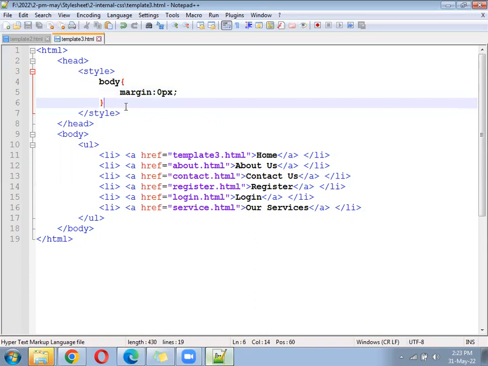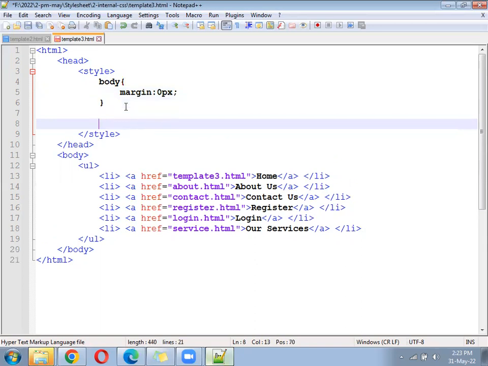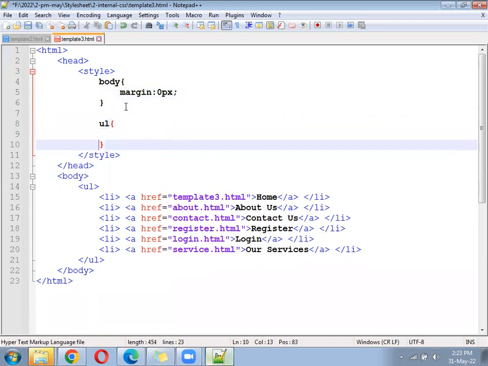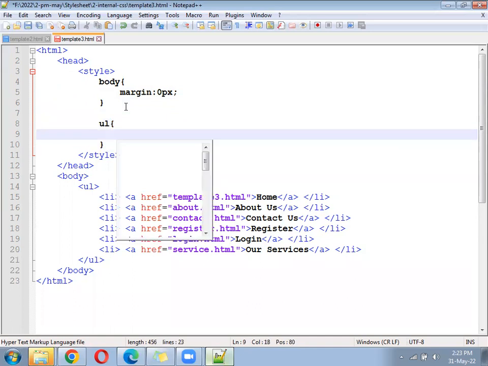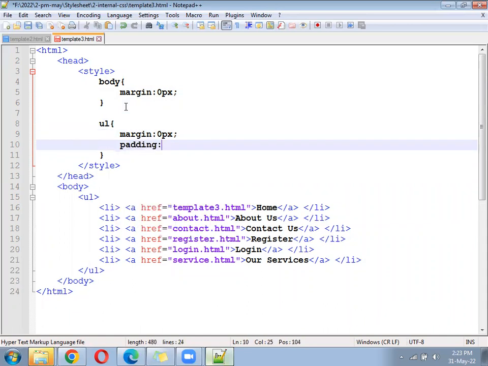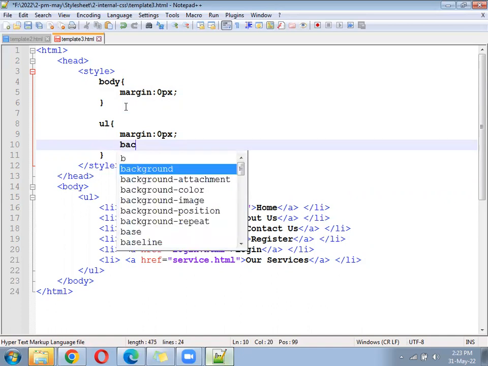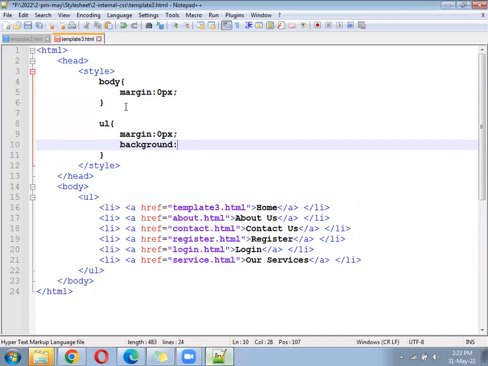Now write some CSS for UL. UL margin 0px, padding also 0, padding no need to add. Background green color.